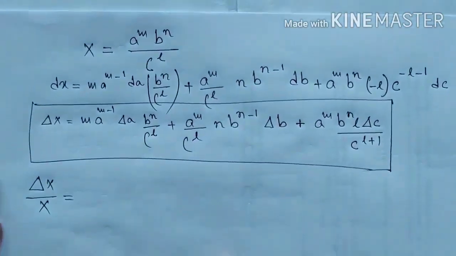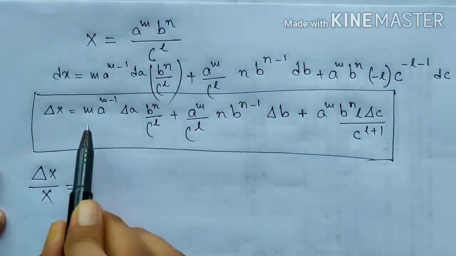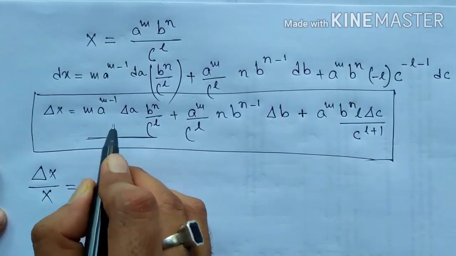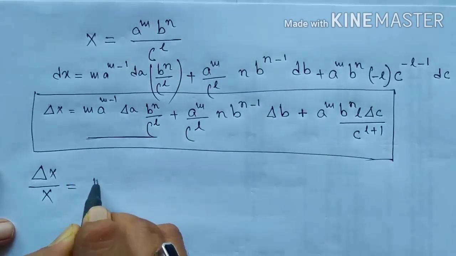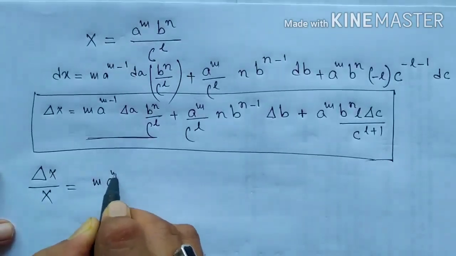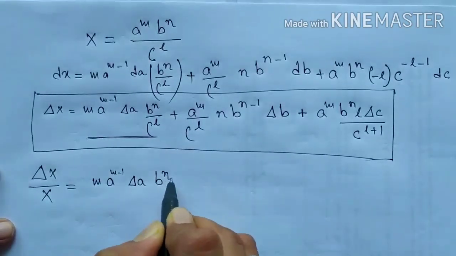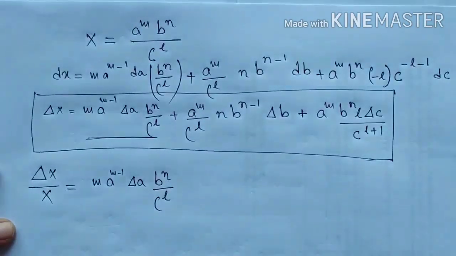So let us do it one by one. So let us first divide this term by this. So this will be M A to the power M minus 1 delta A B to the power N by C to the power L